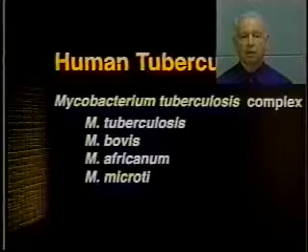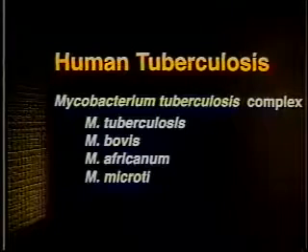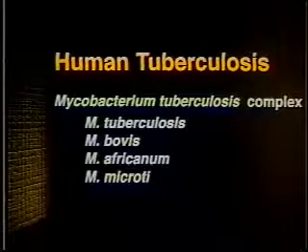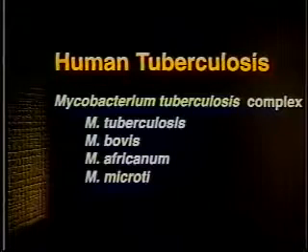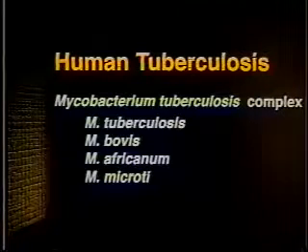Tuberculosis, while it remains a zoonotic disease, nevertheless, human tuberculosis in the United States now is principally not of a zoonotic origin. It is of other human origins, with animals playing no role in this. So historically, then, there is the M. tuberculosis, which is considered the human strain, and that rarely affects domestic animals.